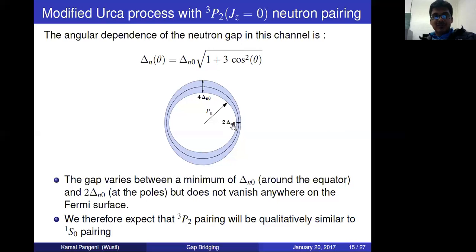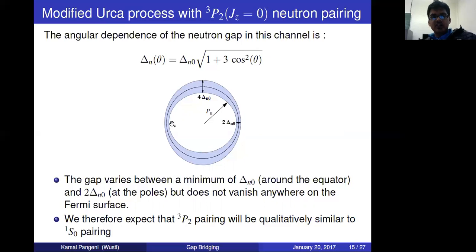Since we have a minimum of the gap at the equator, all three neutrons try to align themselves in the equator, so they spend most of the time there. So the major contribution to the integral is just coming from near the equator region, where the gap is effectively delta. So in this case, even though it's a 3P2 neutron pairing state,